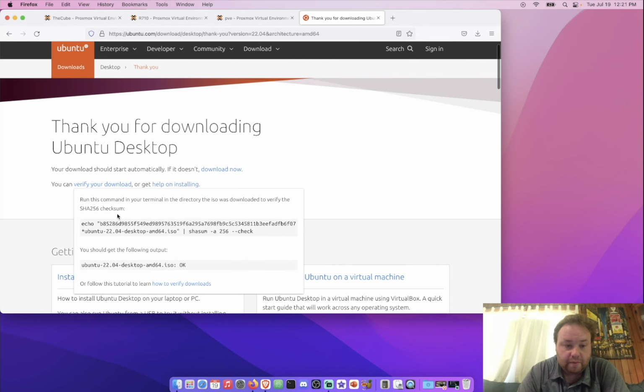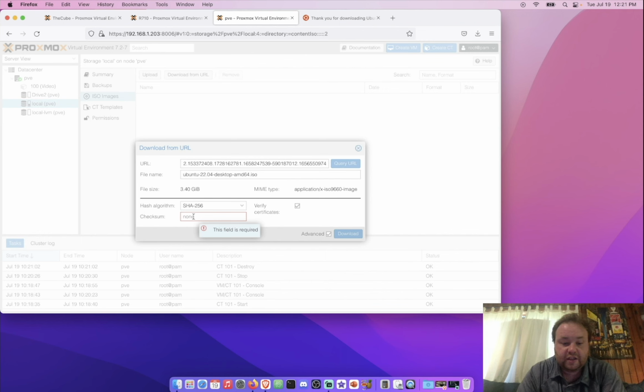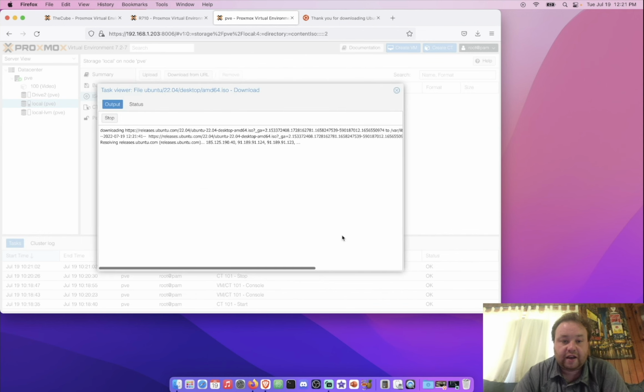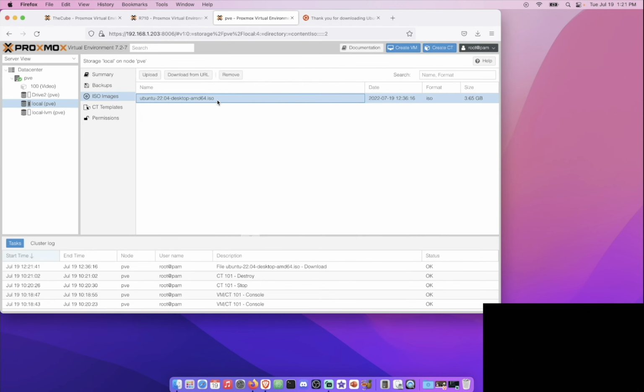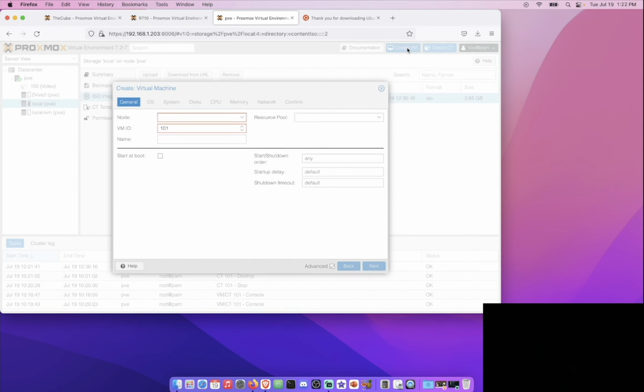Now, back to the web page, and let's copy the sum, and we're going to paste it here where it says checksum. Then hit download. I'll be back when this download's finished. Okay, so the download's finished, so we can close this screen out. Now we can see that we have the image here, and let's go ahead and click Create VM to start